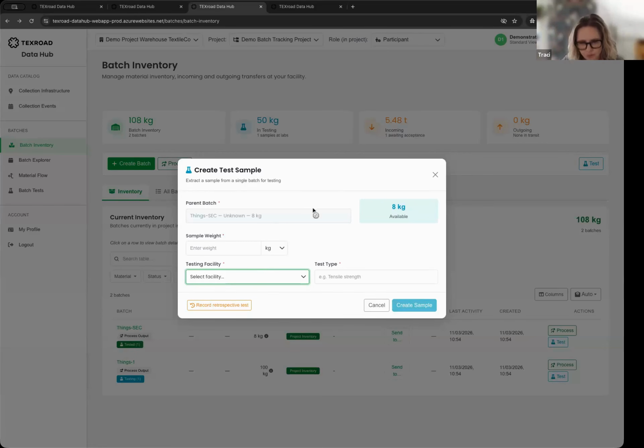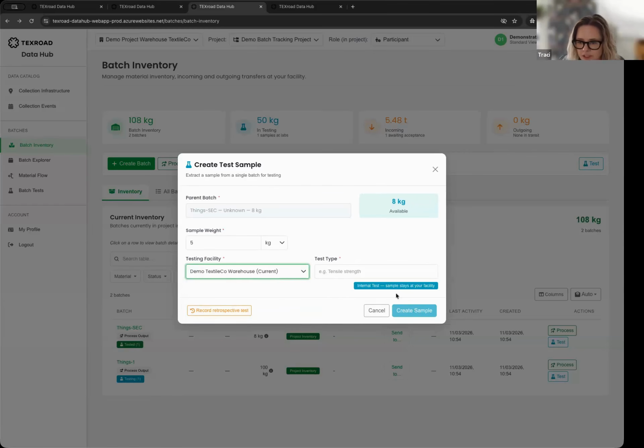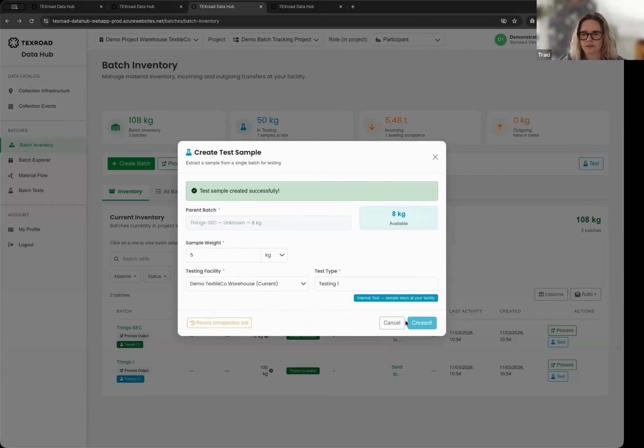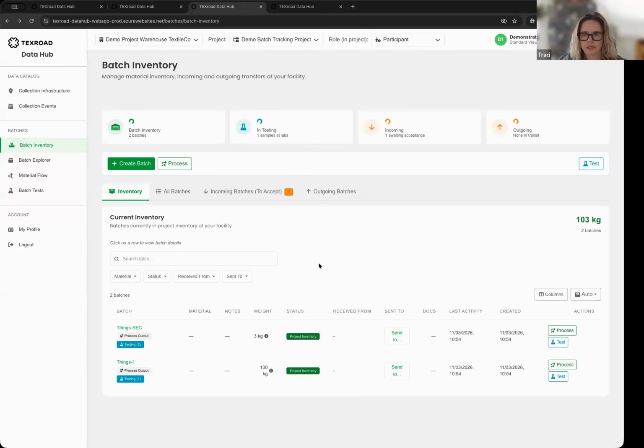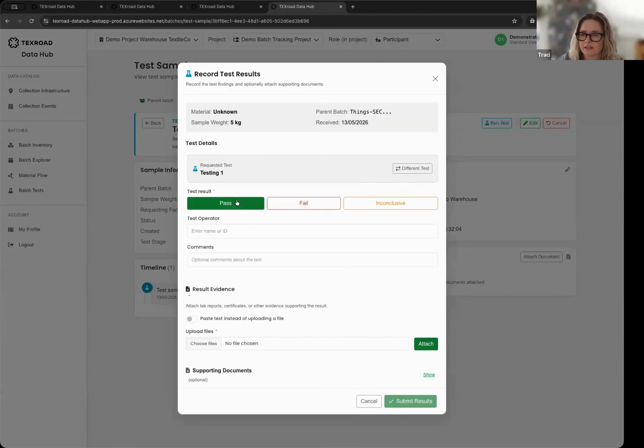So what I've done here is I've selected one batch. We'll create a test sample out of it and send it to ourselves for testing. I can get the test sample, run the test, and attach test results to it in a number of different ways.